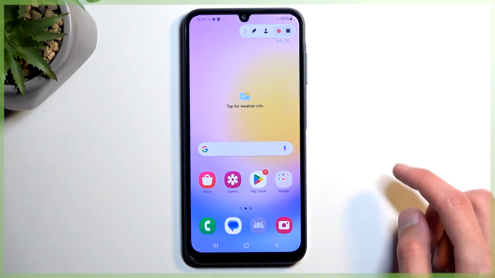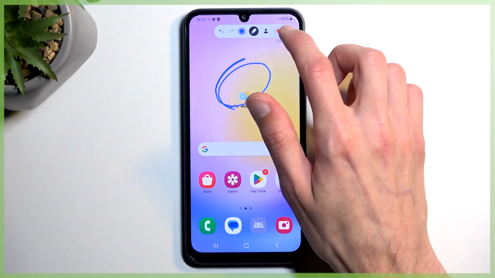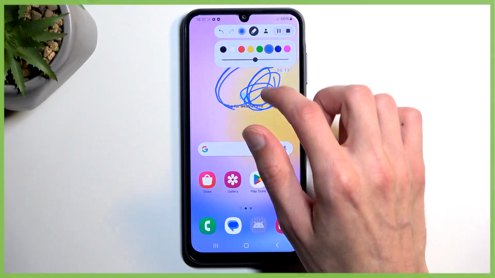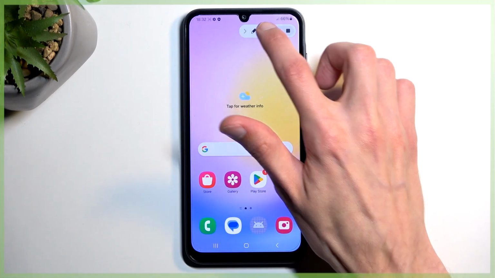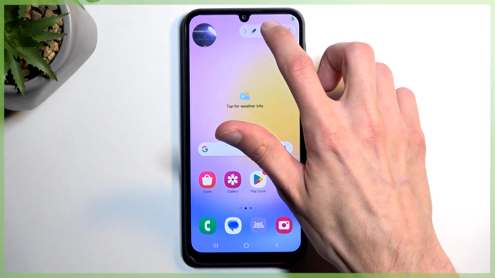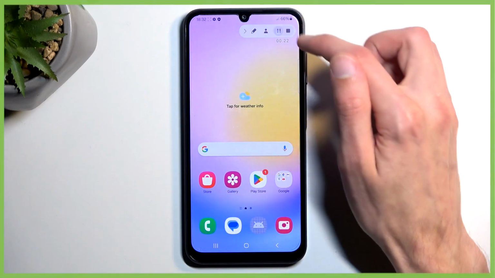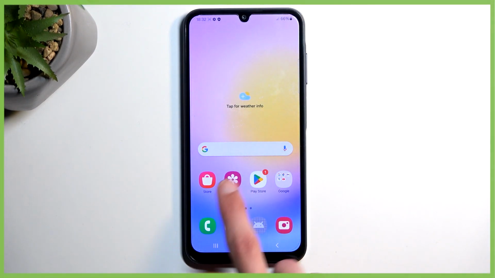Now pausing this, we do have a couple options here. We have the pencil, which you can start drawing on a screen. Let's actually start recording. We have the front-facing camera. And obviously the pause, which I utilized before. And square will pause or stop the screen recording and save it into your gallery application, which I will open